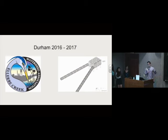So in this spirit, we are working on what we're calling a litter trap box structure to be installed in Ellerbe Creek in Durham, just 10 minutes away from campus. In the spirit of being in sync with the needs of the community we work with, we have partnered with the Ellerbe Creek Watershed Association that